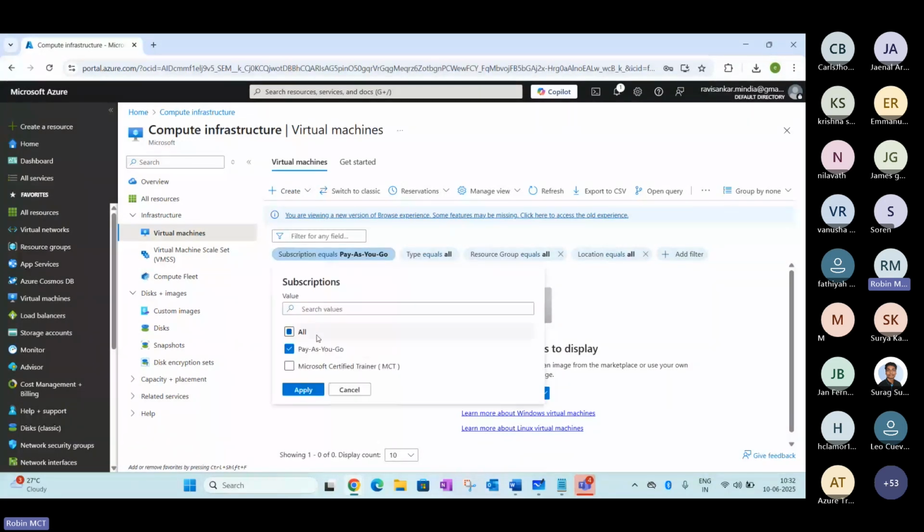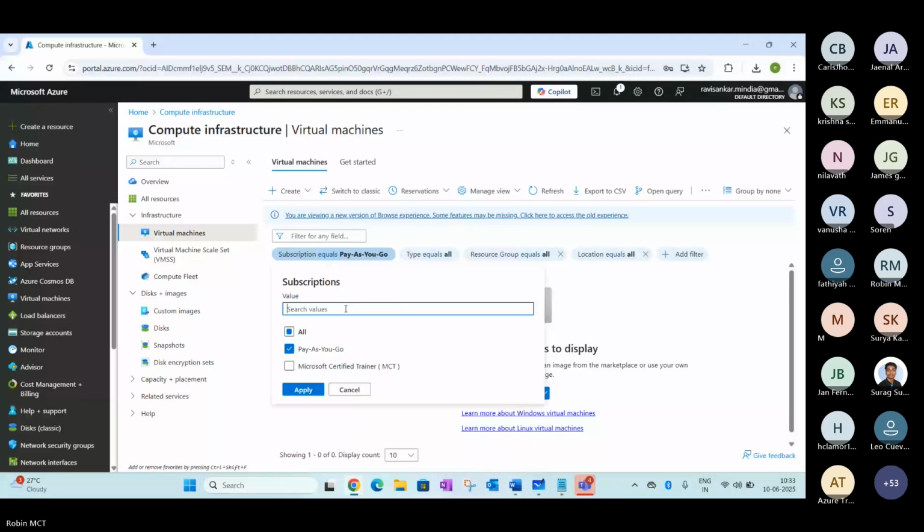So at any point of time, if you are troubleshooting and someone says my SQL server is not reachable or my server is not pingable, you can ask for one more piece of information: thank you for your ticket, can you please provide your subscription details also? Rather than collecting only the server details, it is better to collect the subscription details also. So you have an option here to check whether you have access to that subscription.